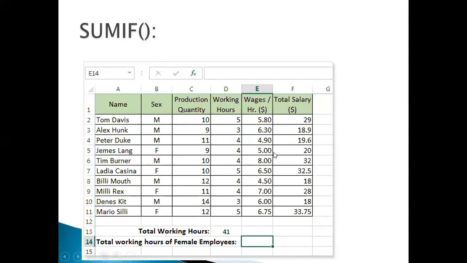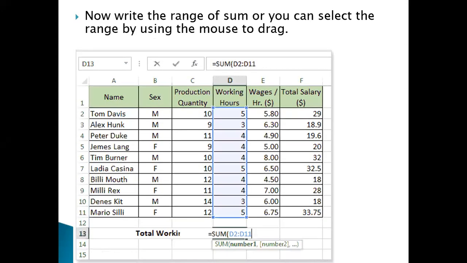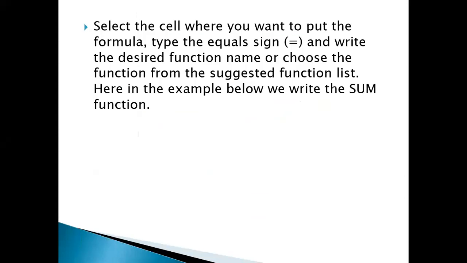So we'll see the other functions as well. If we just go ahead, the different functions.